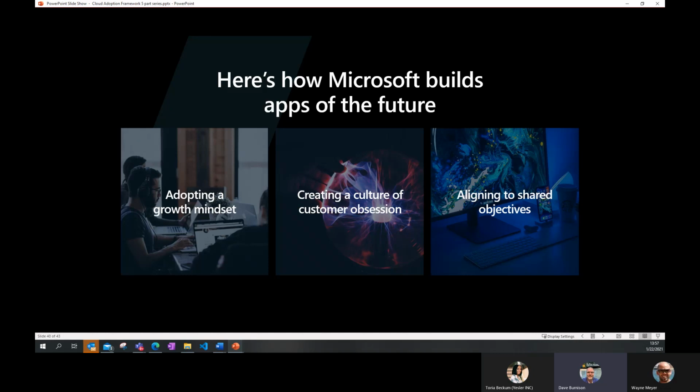So we're measuring outcomes rather than outputs, and it starts at the product level. In this case, let's take Office, for example. We'll say we want Office Suite to be the world's best set of collaboration tools. And then it comes down to the Word team and the Excel team, and they take that and say, okay, how can we contribute to that? What outcomes do we want that line up with that?